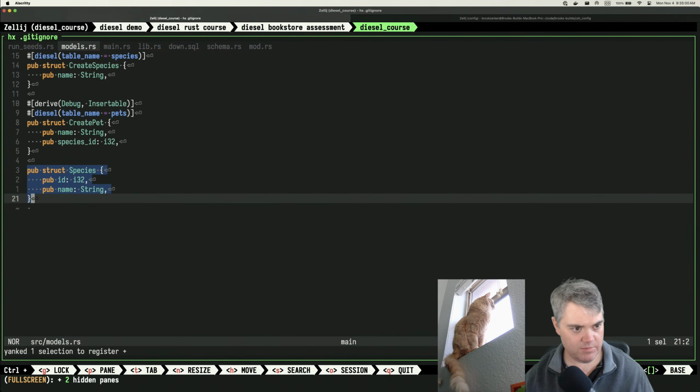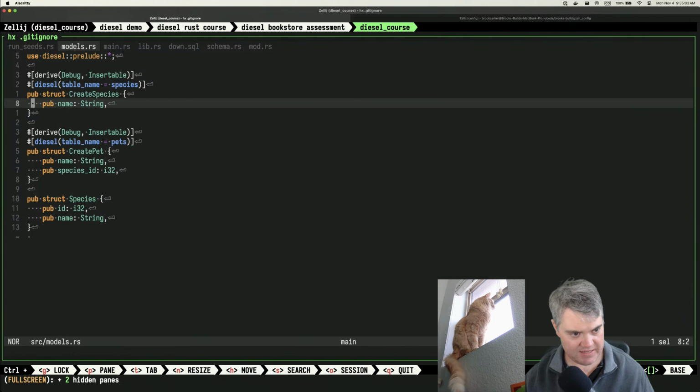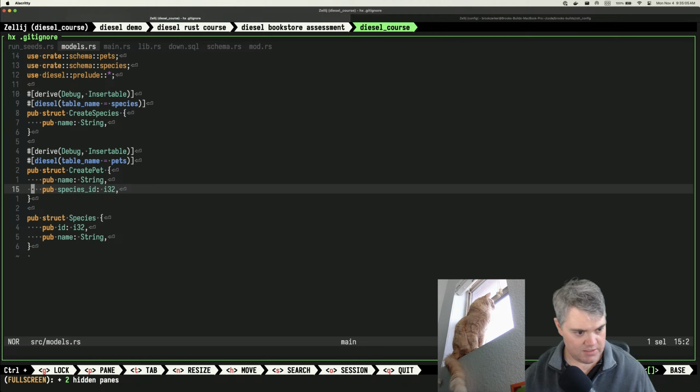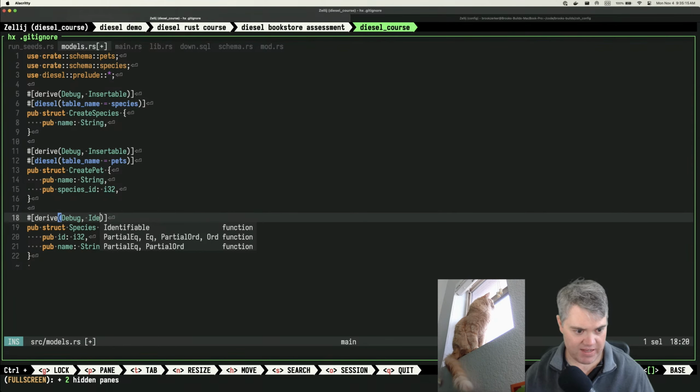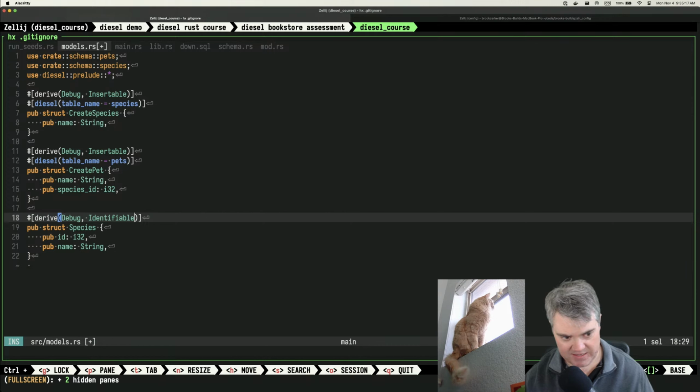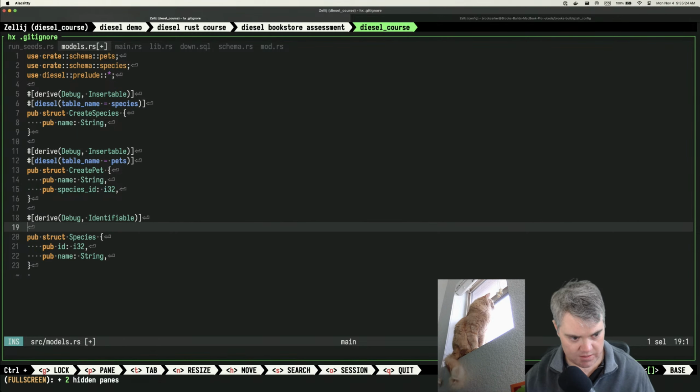What do we need to tell it about? We need to tell it that it's a species. So we're going to derive Debug, Identifiable, because it references an entire row in the database. We also want to do